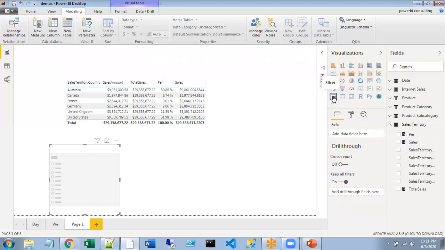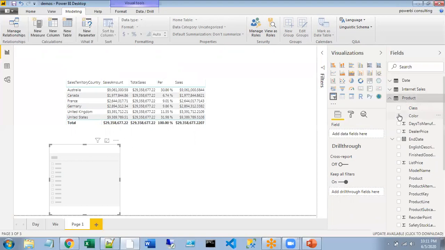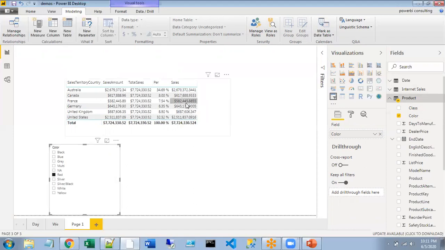If the user starts slicing and dicing the data based on the pivot table, or if you use Power BI reports, and if he selects red as part of a slicer, you see the values have changed.